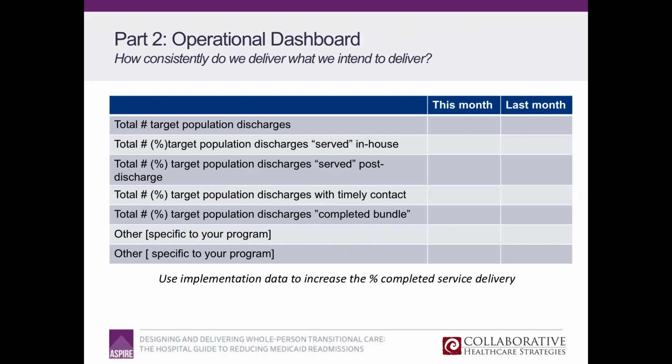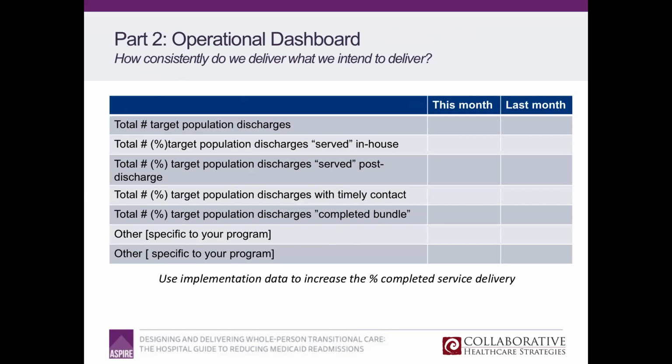But you basically want to see this month and last month. What a lot of teams do is they aggregate year to date or program to date, but that by definition means we always did worse at the beginning and we do better and better over time. So by all means, what you want to do, just like the graphs that I showed you in slides 30, 31, and 32, is measure your performance on a month-to-month basis so that you can see, hopefully, the improvement in your operations that you're making.